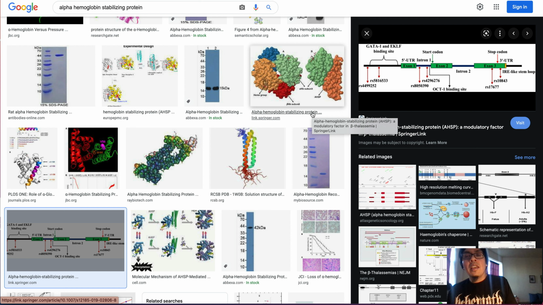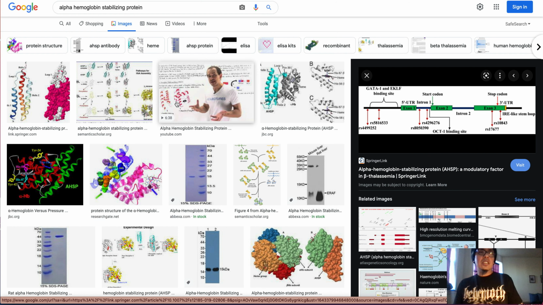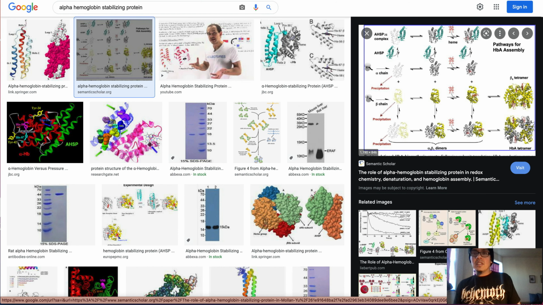Specifically due to genetics. But what ends up happening is that alpha subunit is extra. It floats around your blood if it's not connected to your beta subunits, and it kind of clumps together, because I guess these alpha subunits attract each other, and they aggregate. Because they do that, you can imagine that they lead to several different blood conditions, right? So once that happens, what's your body going to do?